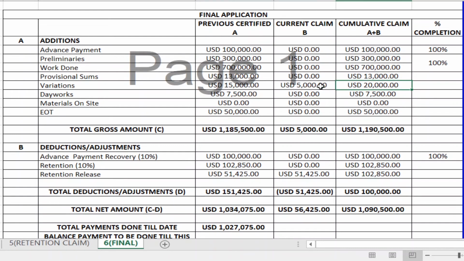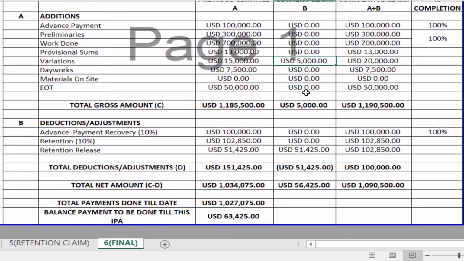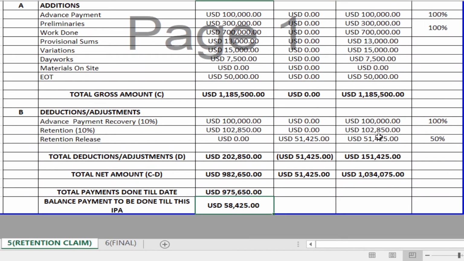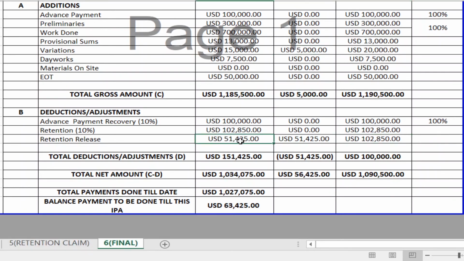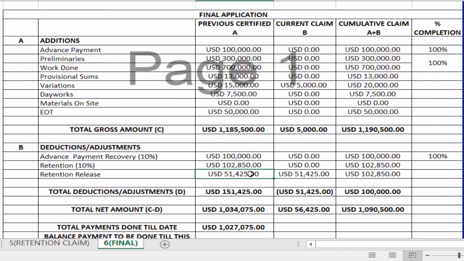So here I am assuming that, along with the remaining 50% of retention, you missed out a variation of 5,000. So I am claiming that 5,000 also in this current. And if you see, in your previous first retention claim, this 51,000 will become your previous of your final payment application, and the remaining 50% will become your current claim. So totally your retention was 102,000, and now in your final application you have claimed the entire retention.